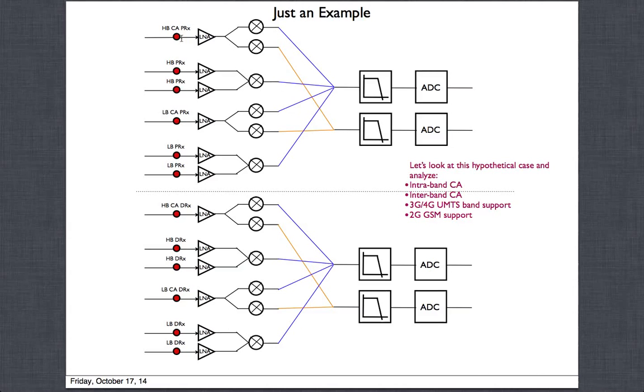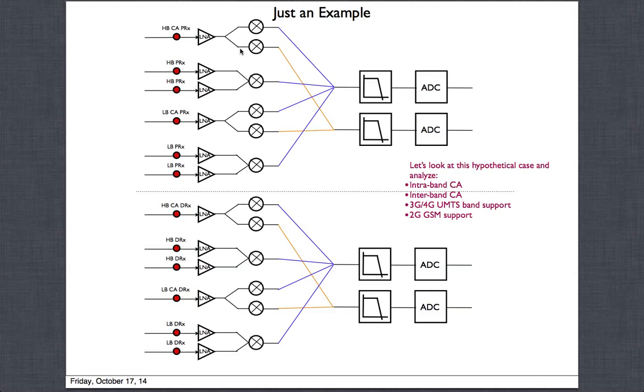Now if you were to do, you said that okay, carrier aggregation I have to do, but I am not doing the intraband, I want to do interband. So if you do interband, you could have a case, just take an example, let's say high band with another high band. Then what you can do is you can use this to turn on one path, right? You can go through, say maybe, you know, this path and this filter as one of them, and you could use one of these 2 high band paths, then its mixer and then the filter to go through it.